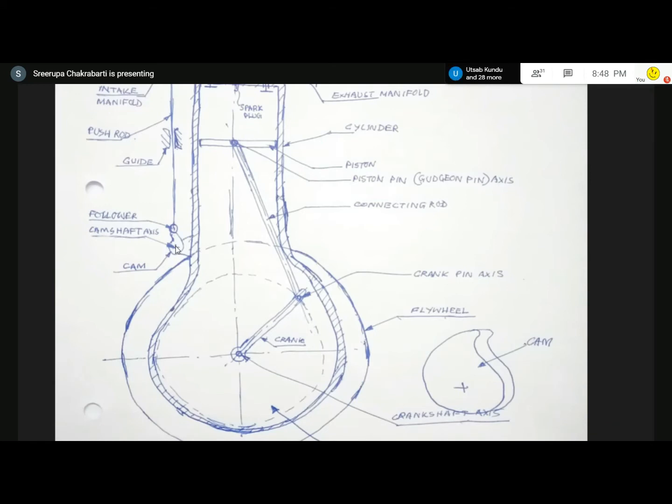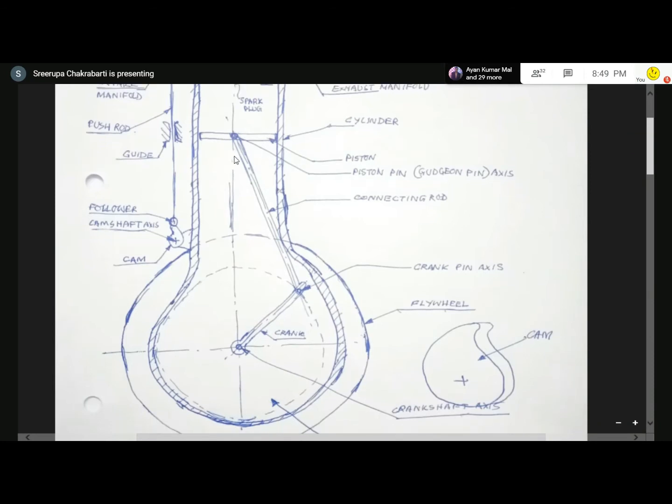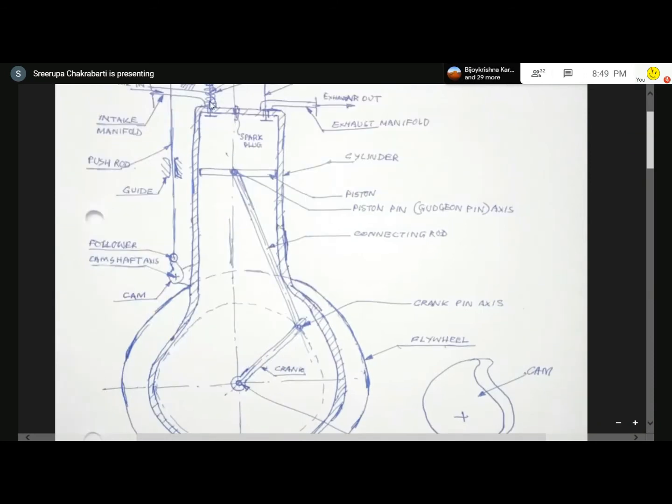Now, for operating each valve, there is one cam, as I have told. So if there are 8 cylinders, 16 valves, then 16 cams will be there on the same camshaft. If there are 8 cylinders, per cylinder how many valves? 2 valves. One suction, one discharge. Normally, there are 2 valves. So total 16 valves. For operating each valve, one cam, because the same cam cannot operate both the valves.